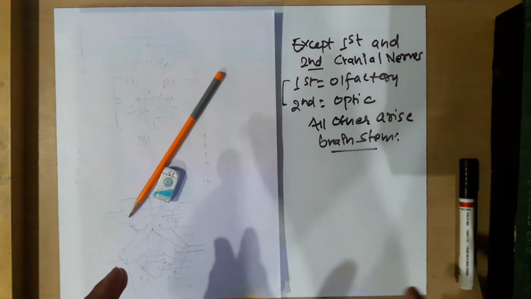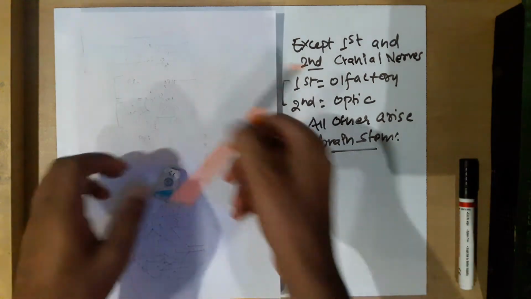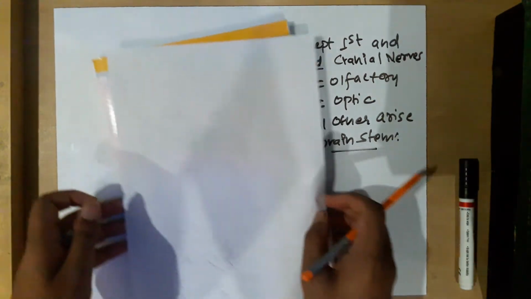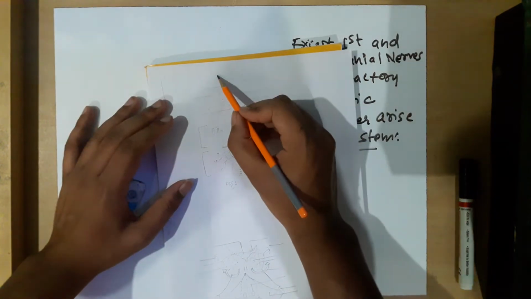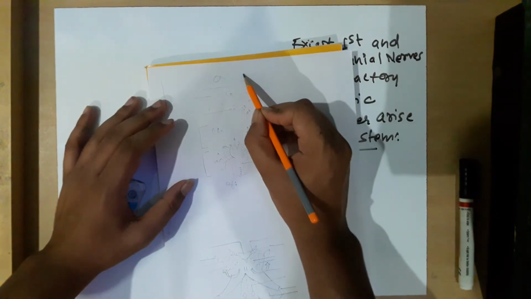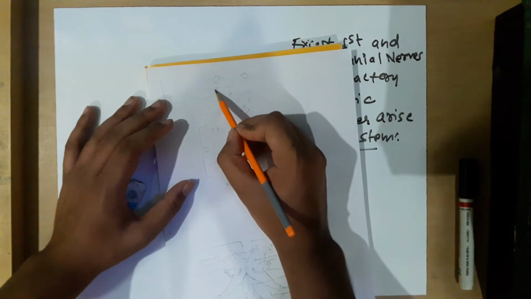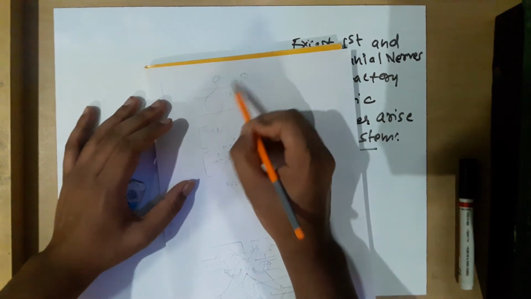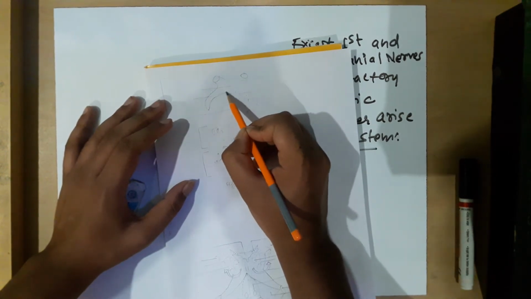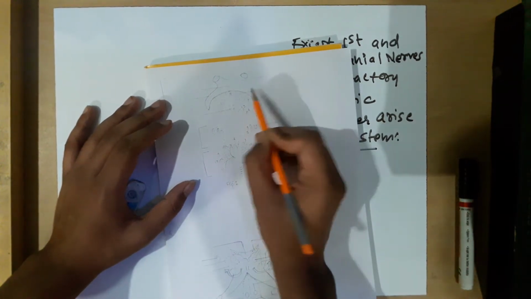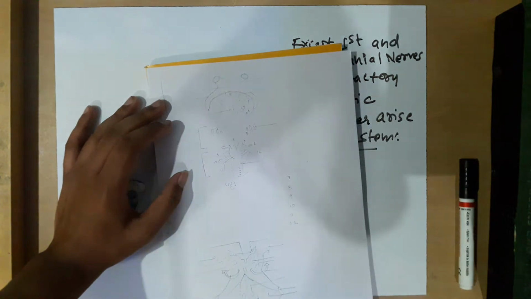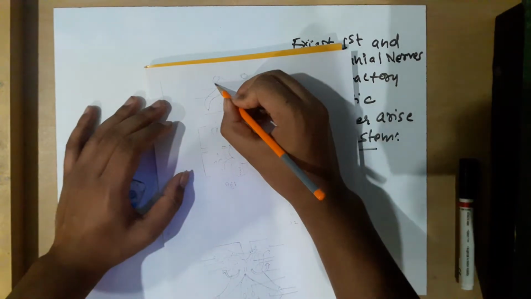Okay, so let's get started with the figure. Here I have made an outline so that it will conserve some of the time. So let's get into it. This is the optic nerve, optic tract and optic chiasma. I hope you can see it. If not, I'll draw it dark. Okay.